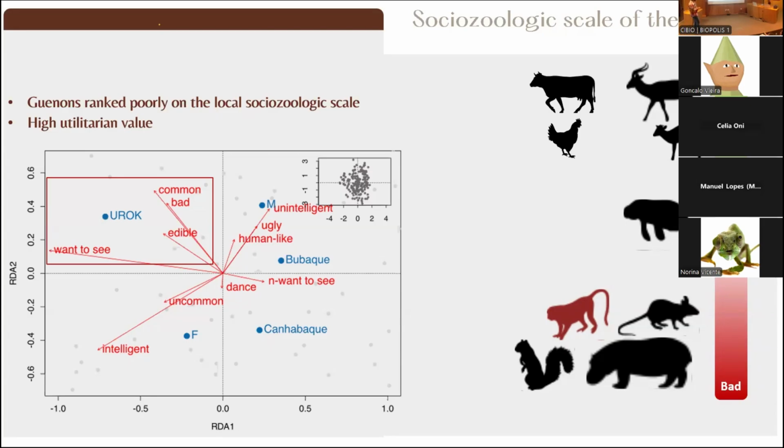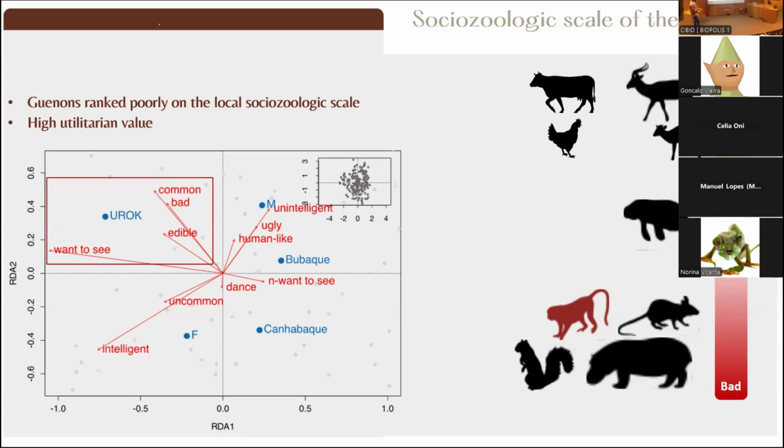But in the case of the women, they think they are very intelligent for more or less the same reason. They say, oh, they're very intelligent because they can steal anyway. So maybe there's a difference between what men would like monkeys to do and what women would like. And this is very important for conservation because conservation can impact people differently according to their own specific traits.